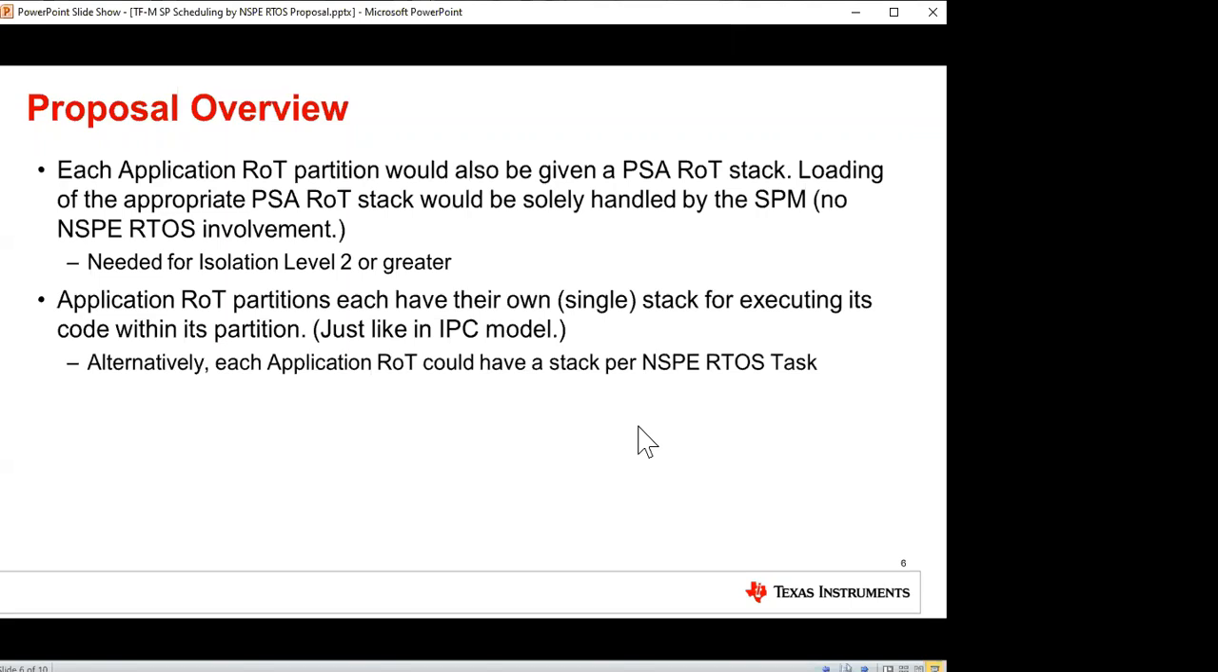I'm not sure, only the application. Maybe the PSA root can also be accessed in the secure side, I think. Yeah, maybe we can discuss more about that offline. Okay, yeah. I'll take a note and certainly add that to the list of things to consider to make